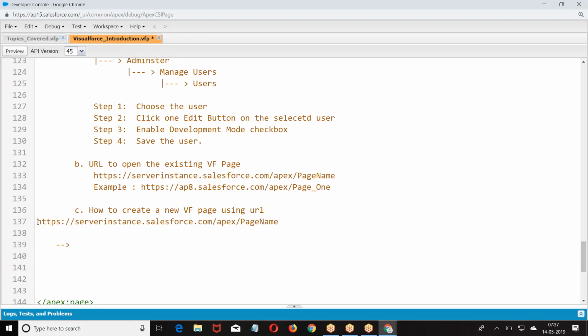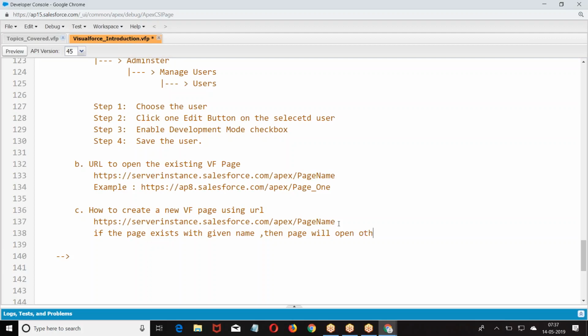Page name. If the URL exists, if the page exists with the given name, then the page will open. Otherwise, it throws an error message. When we click on the error message,